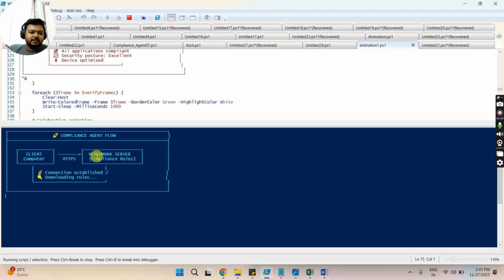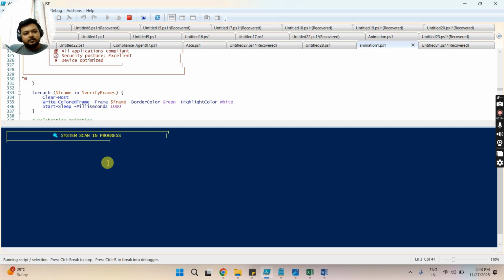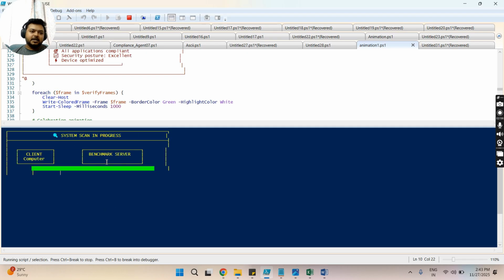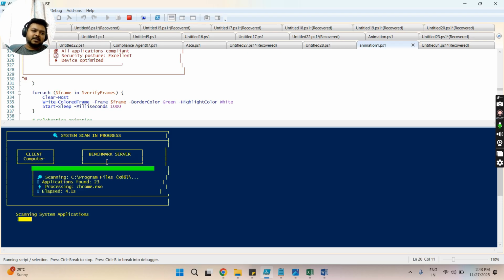I'll show you that later. So generally it checks that compliance rule. Once the client machine receives the compliance rule, it starts comparing those compliance rules with respect to the local machine, and it checks those application versions on the local machine. If the app version matches, it marks that application as compliant. If not, it is not compliant, and if the app is not at all installed, it marks it as